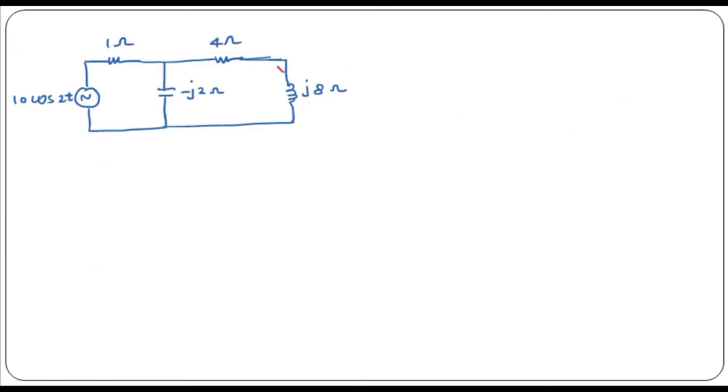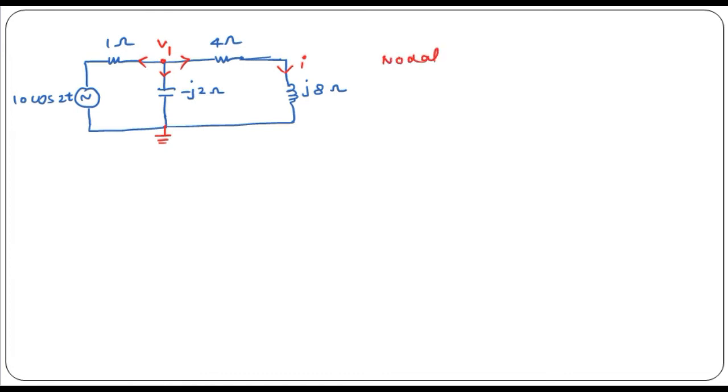Now we have to find out this current I. So now we can solve this circuit using nodal analysis. This circuit has two nodes. Suppose the potential at this node is V1, and we will consider this node as the reference node, and let us mark the current in the outward direction. Okay, so let us apply the nodal.